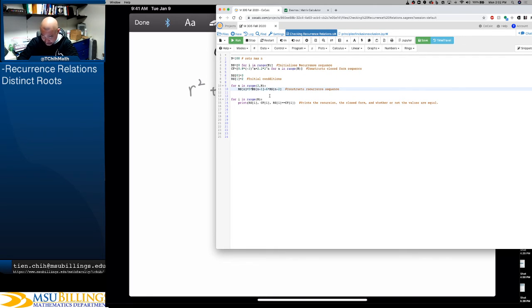And the recursion itself looks to be minus 1 times the previous term plus 6 times the term previous to that. And so if I run these,